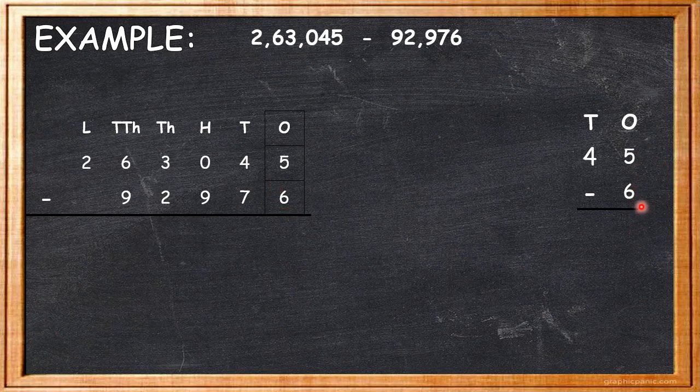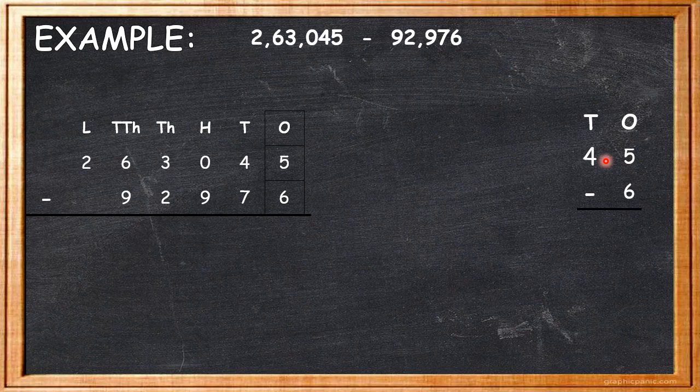Now, as the rule says, as a fact, we know that we cannot subtract a bigger number from a smaller number. That is, the minuend has to be bigger than the subtrahend. But here we are having 5, and 5 is smaller than 6. So in this case, we will borrow, we will take help from our neighbor. So who is our neighbor here? Tens is our neighbor. So 5 will go to Tens' house and ask for 10.